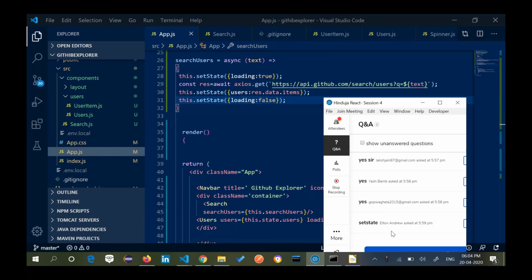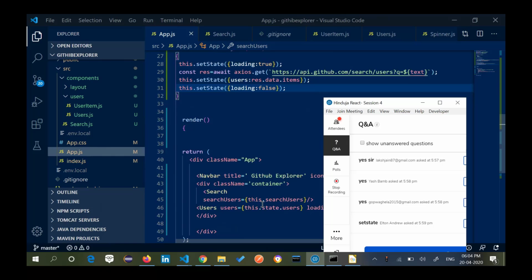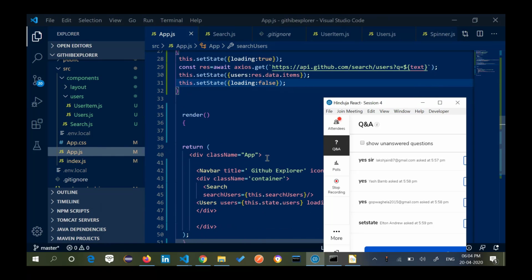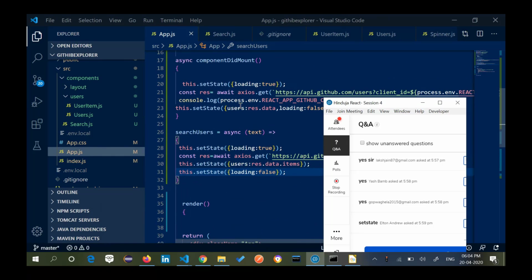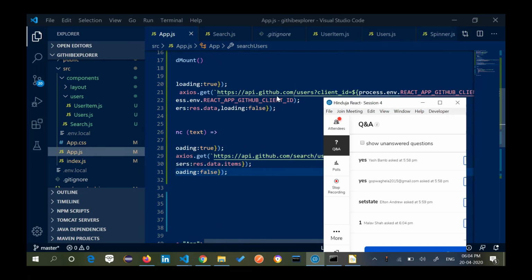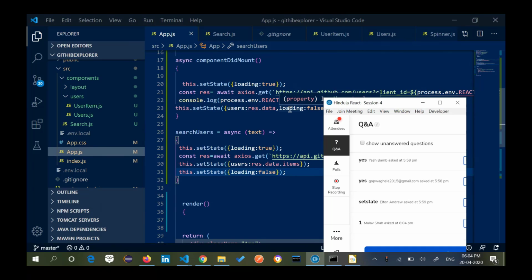If you have understood what I've done with async, that when you make a call like what we have done earlier, basically what we did in componentDidMount, we did the same call, but instead of writing async there, because we are writing an arrow function, just enter 1 in your question box.